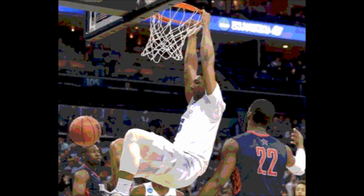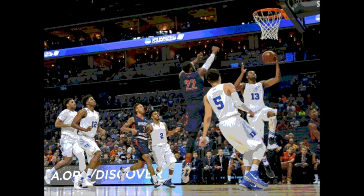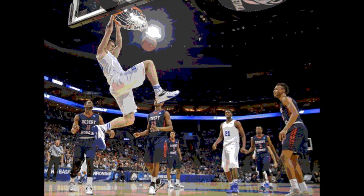They were up at halftime by 17 points, 42-25, and they ended up finishing strong in the second half. Actually, at the beginning of this game, Robert Morris scored the first bucket and they were up, but then at the 3.5 minute mark about into this game, Duke took the lead with a 3-pointer. And once they took that lead, they never looked back and they never trailed again throughout the rest of the